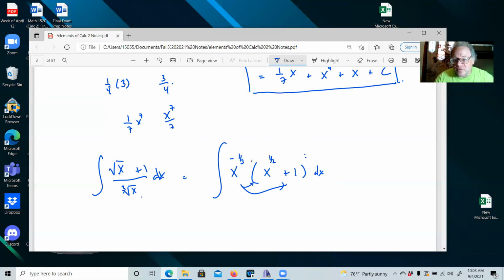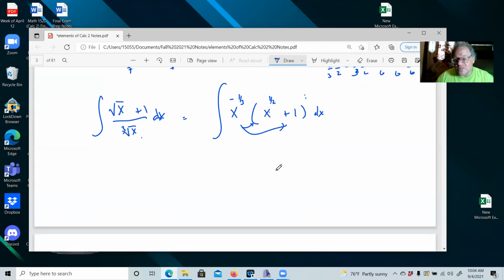So remember what the rule is for the exponents, right? When we multiply the bases, we add exponents. So here we're going to have to think x to the 1/2 minus 1/3, right? So we have to get a common denominator. So we have 3/6 minus 2/6, which is 1/6. Okay. So this is going to be 2/6